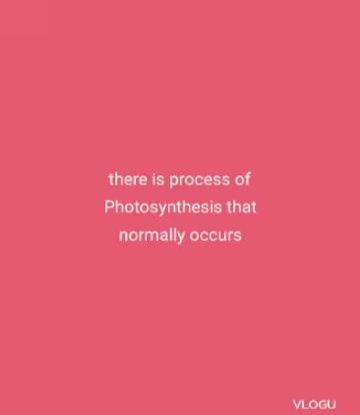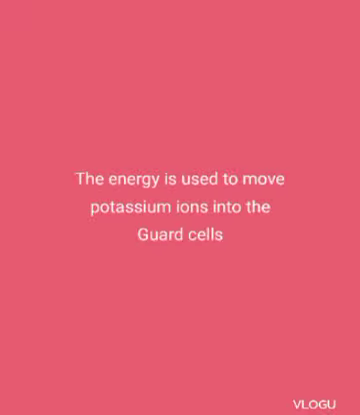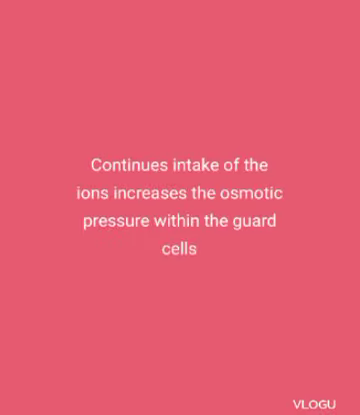What happens is that during the daytime, there is the process of photosynthesis that normally occurs. And one of the products of photosynthesis, we mentioned, is a chemical energy known as adenosine triphosphate. That energy is used to move some ions, basically potassium ions, by active transport. They are taken into the guard cells by active transport. So what happens, the continuous intake of the potassium ions into the guard cells increases the